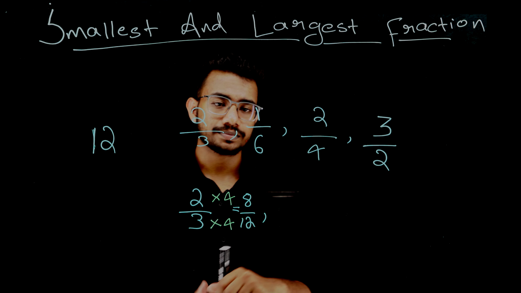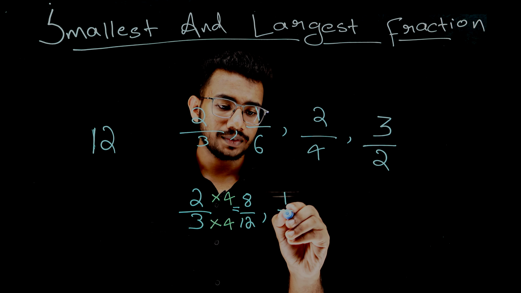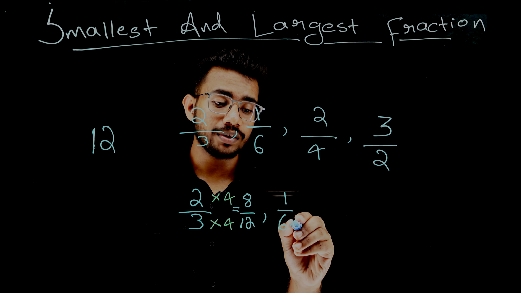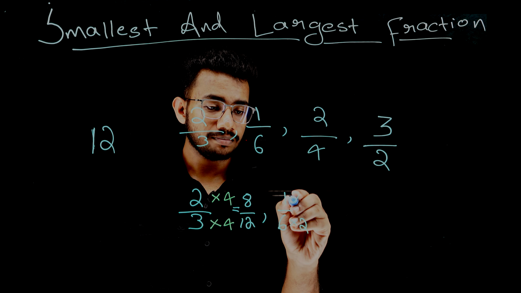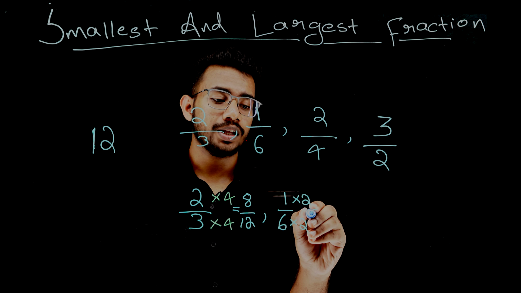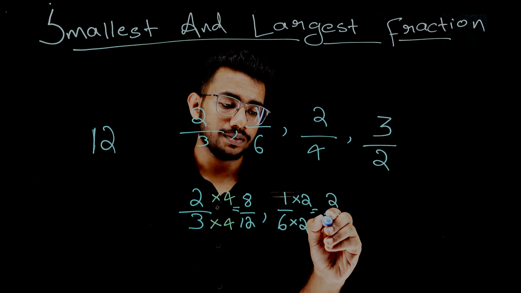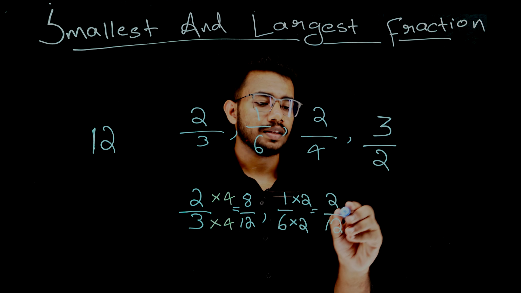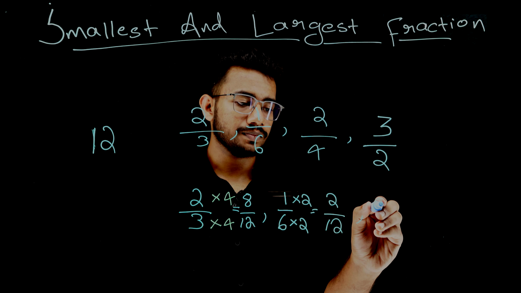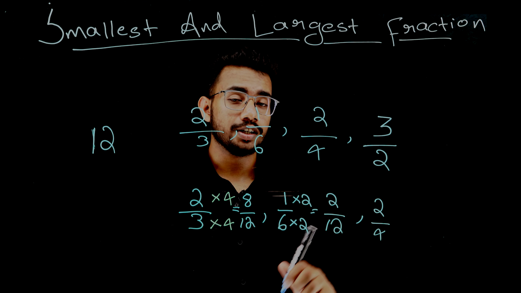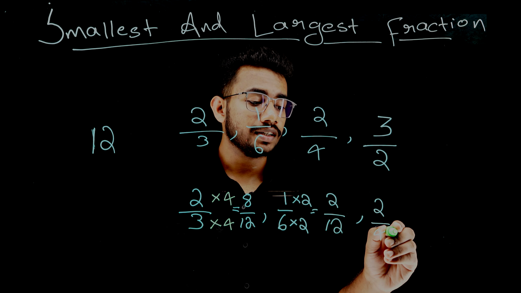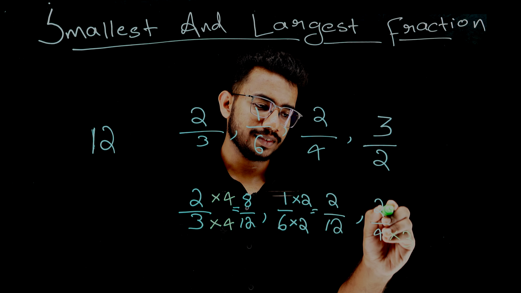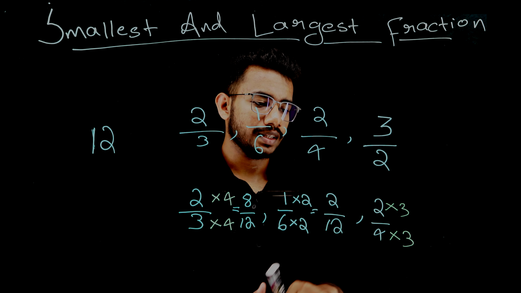Now next one, 1 by 6. So here I have to multiply it with 2. So multiplying the numerator also with 2, I'm getting 2 by 12. Now next one, 2 by 4, and on the denominator I have to multiply it with exactly 3. So times 3, that will give me